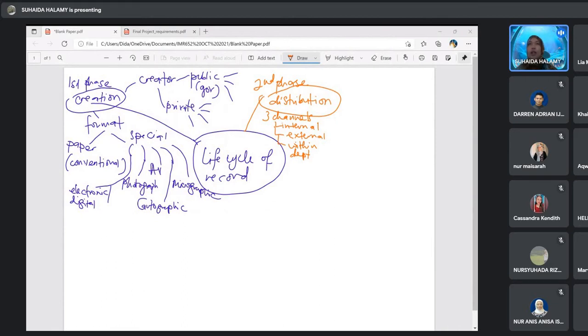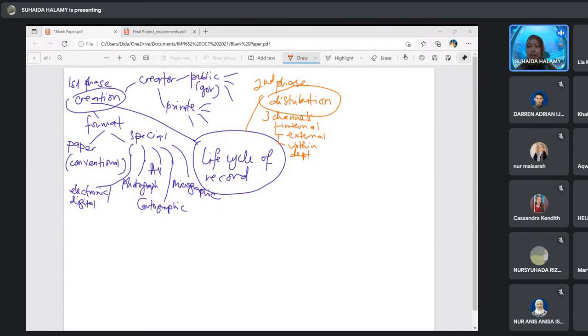So for example, the UiTM administration department sends a record to JPA, Jabatan Perkhidmatan Awam. JPA is under the ministry. So JPA admin must be the admin department, meaning the same department.